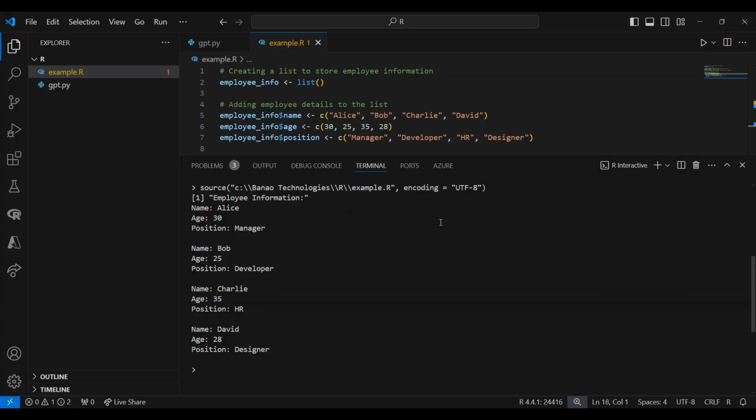One real-world application of data structures like lists can be seen in inventory management systems for e-commerce businesses. A list can be used to store product details such as name, price, quantity, and category, allowing for easy retrieval and manipulation of inventory data. Another example can be found in network routing algorithms used in telecommunications. Data structures like graphs are employed to represent network nodes and connections, facilitating efficient data transmission and routing decisions. From across the globe, data structures play a crucial role in various industries, enabling efficient data organization and